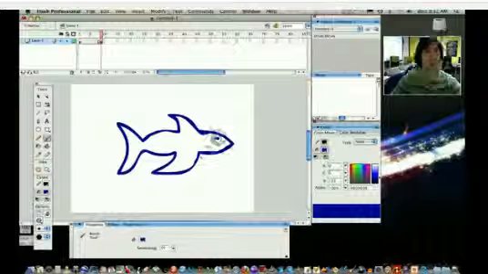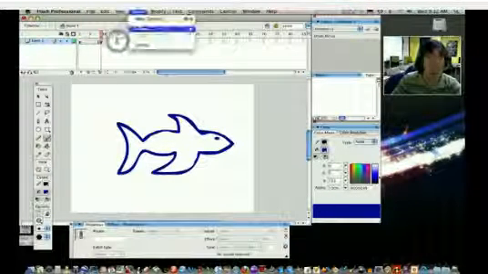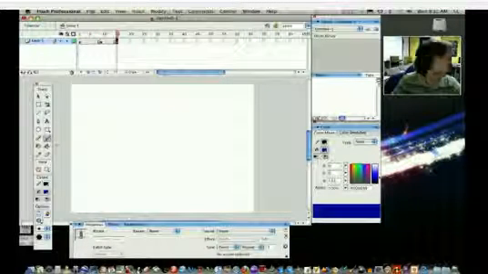So there's our new shape, okay? And let's go one more. And we'll go Insert, Timeline, Blank Keyframe. And maybe we'll make,